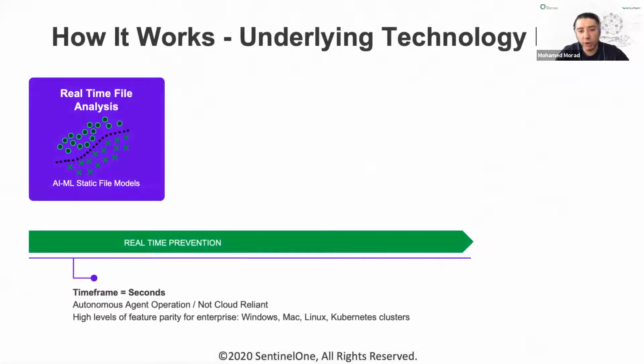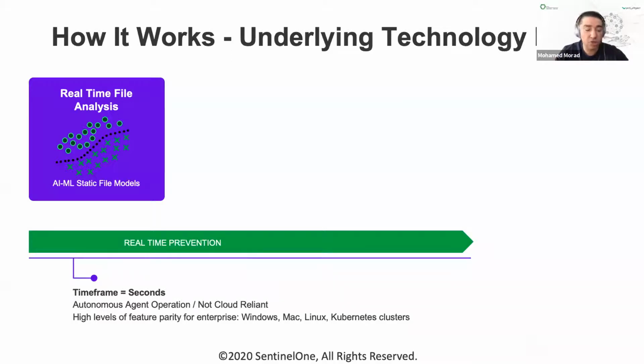Simply, when we try to explain how the agent works, we simplify it by dividing the stages of the protection, prevention and the response into 3 stages. The first stage, we call it the static or the pre-execution stage. The pre-execution is going to cover anything that comes to your endpoint before it is executed, during and after writing the files into your system. So when you try to download something from the internet, from a USB, from any external sources, if you try to create a file in your system, before it is written